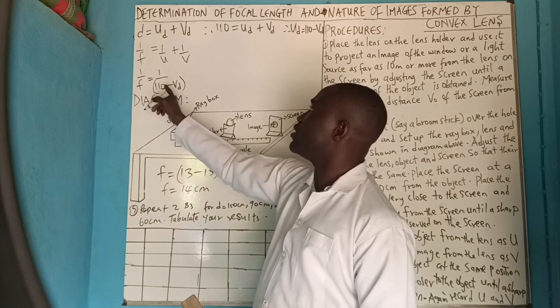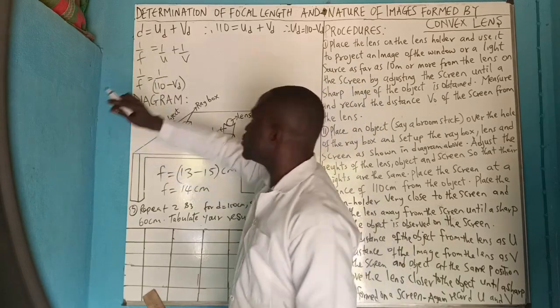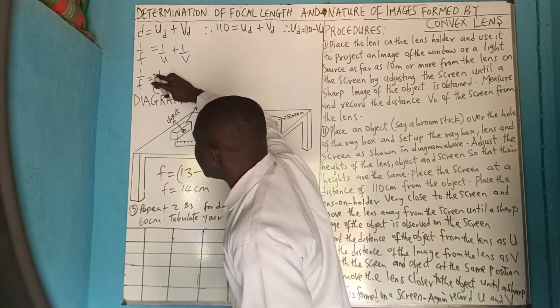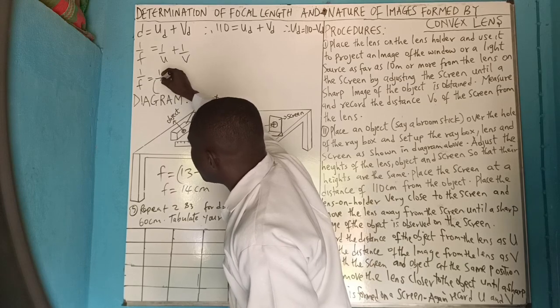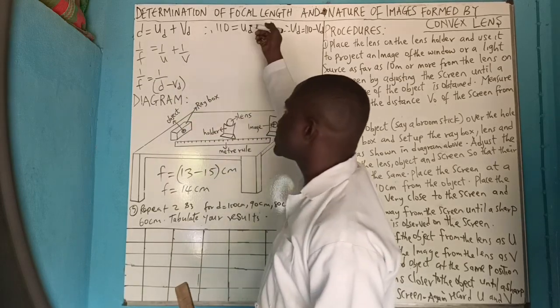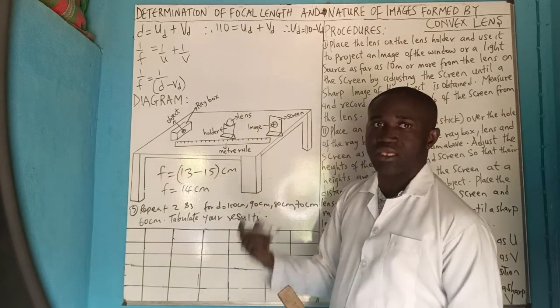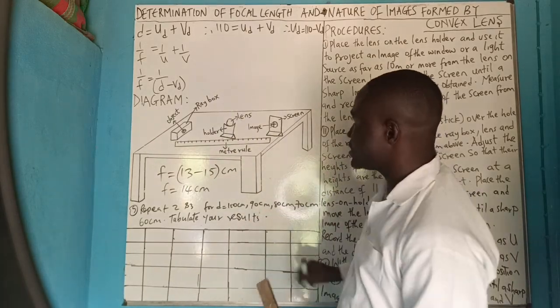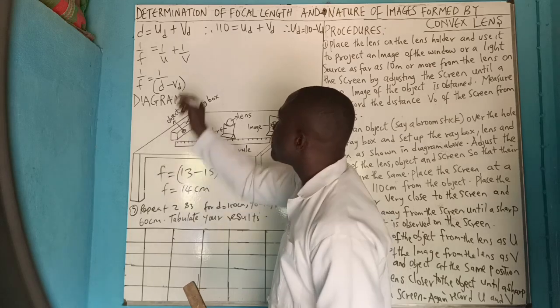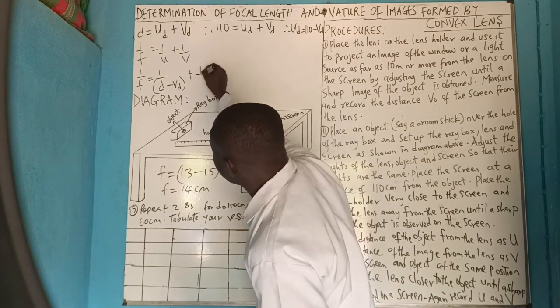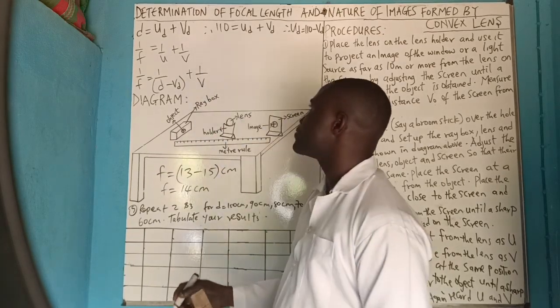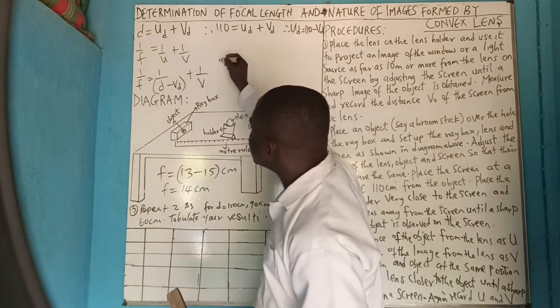where the 110 is your D. So let's still put it as our D. But we should know that in this case, 110 is your D, 100 D, 90 as they say in the procedure. Then plus 1 over V. Looking for LCM,